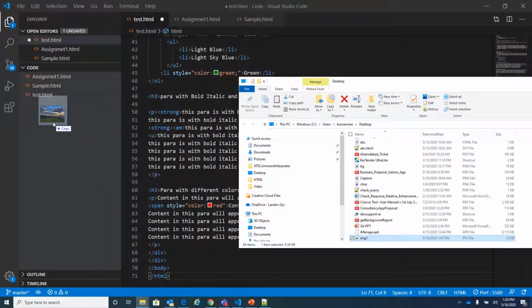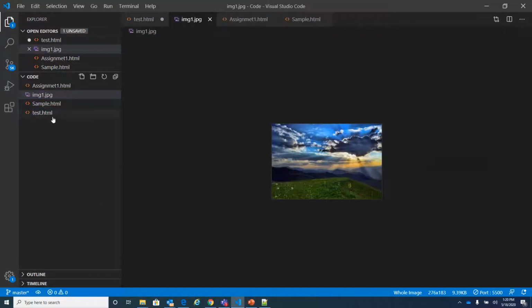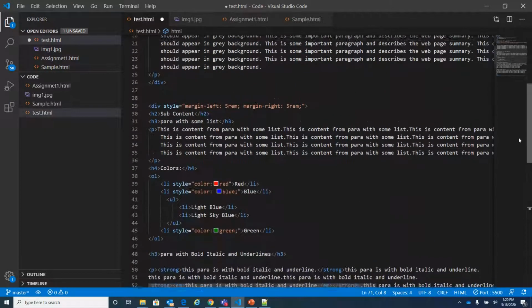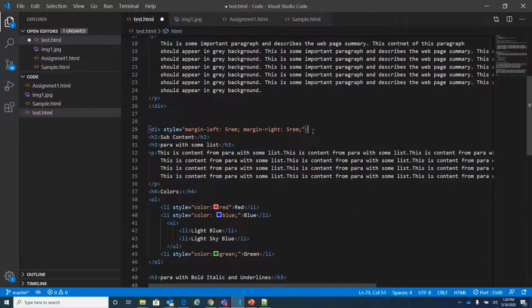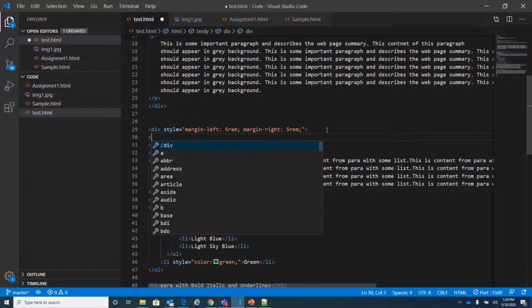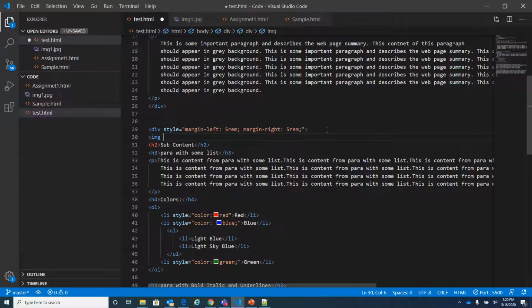I'll move this img one here in test.html, just inside the second div. I'll paste the img element name, and the attribute name is src equal to img1.jpg.